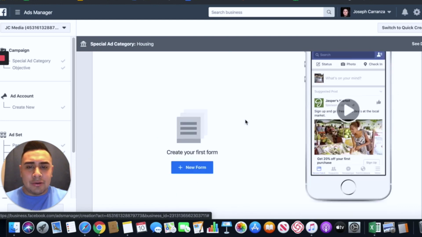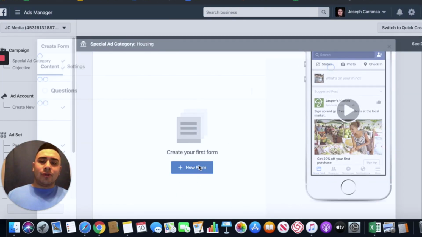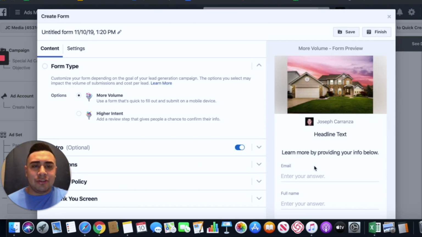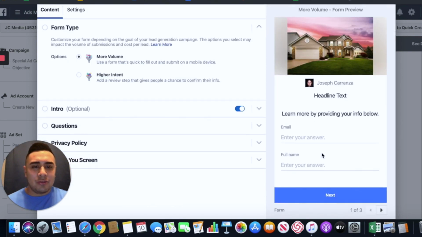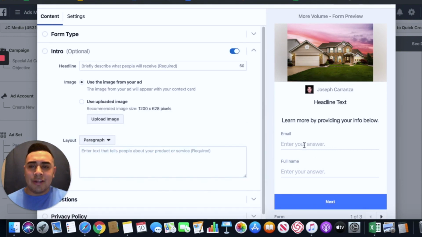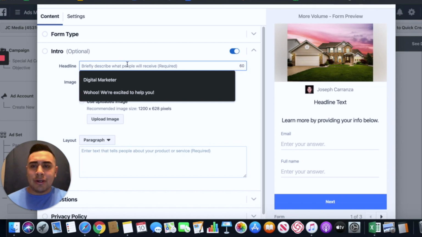So now we've got to create our ad form, right? When they select learn more, this is what they're going to see right after. It's going to be a little pop-up within Facebook as well, right? And it's going to ask them to submit their information. So we can always edit here what they can choose from to enter, right? We're going to use the same image. We're going to go ahead and select here, I guess, thanks